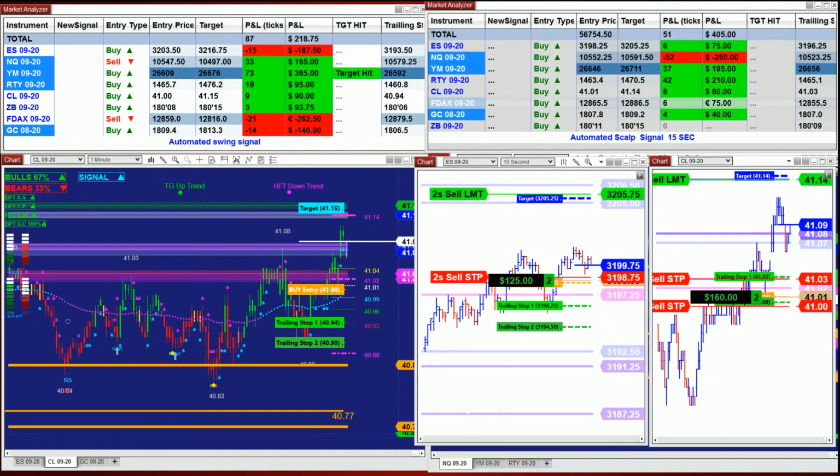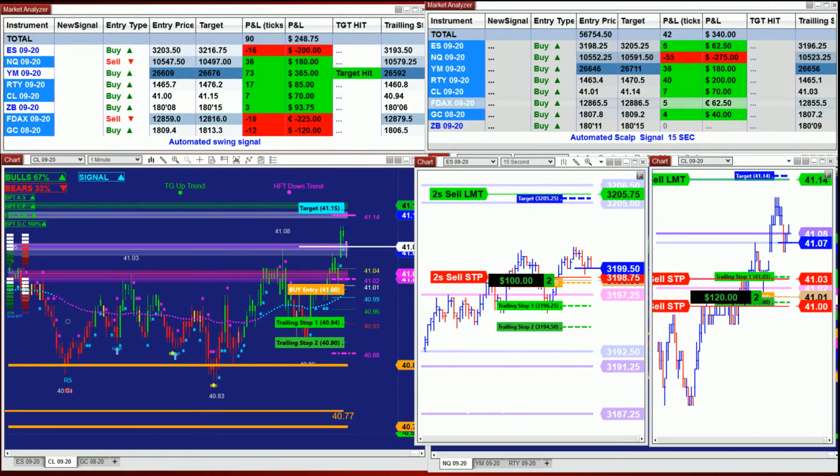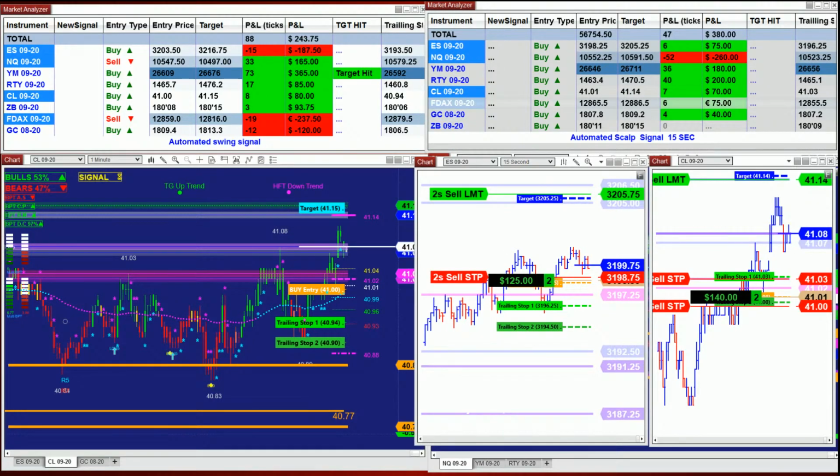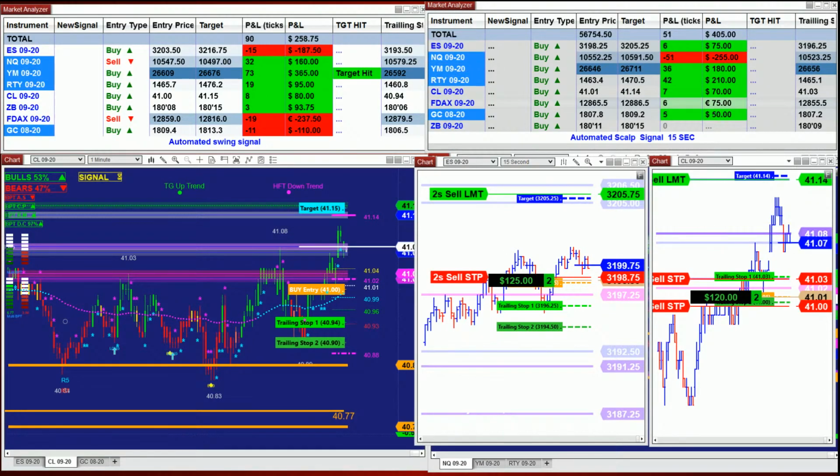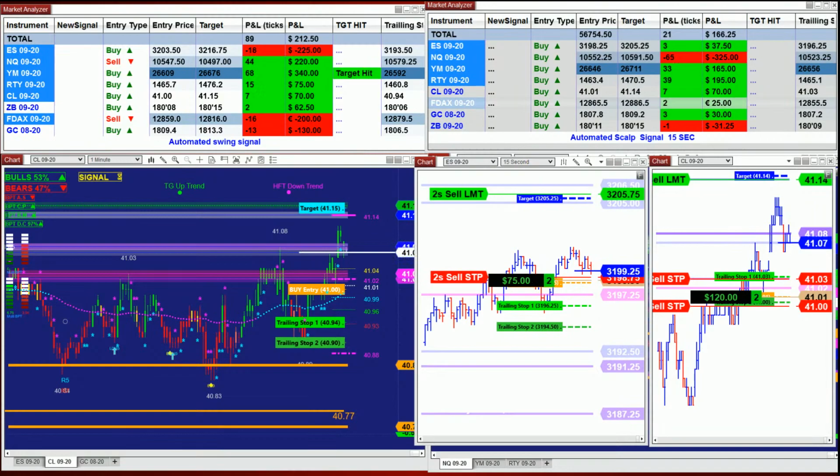I wish it could be only winning. They cannot be all winning, guys. It's not magic. Actually, today I don't have any auto trade that has hit the target. I have the Nasdaq earlier hit the target,